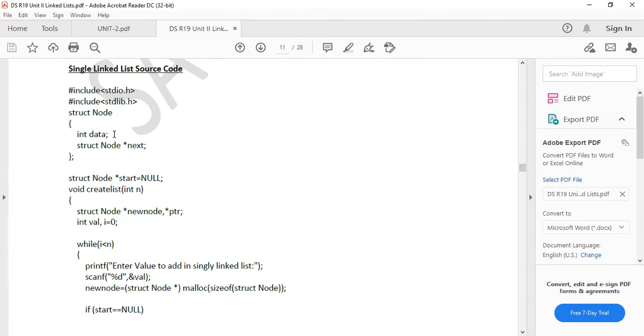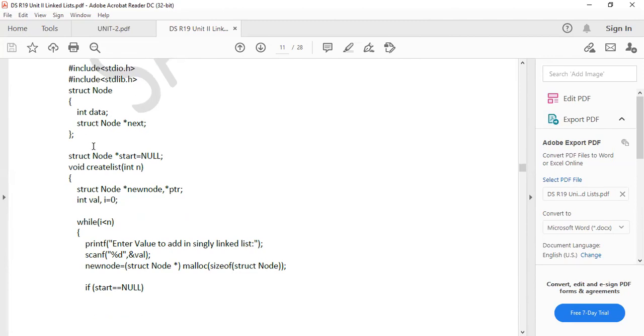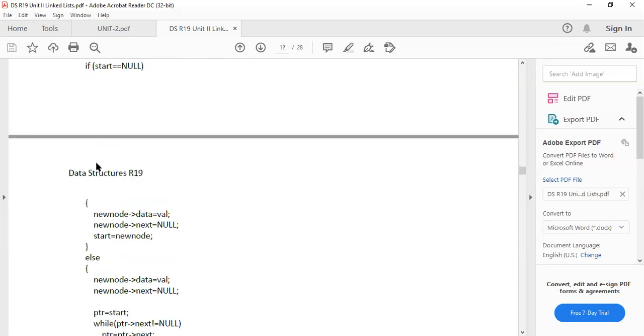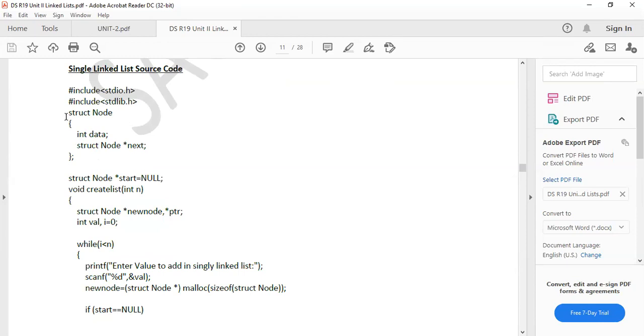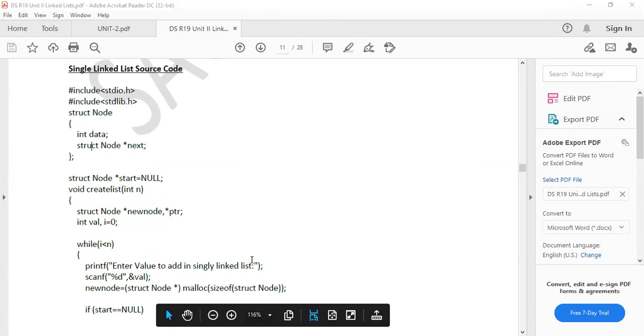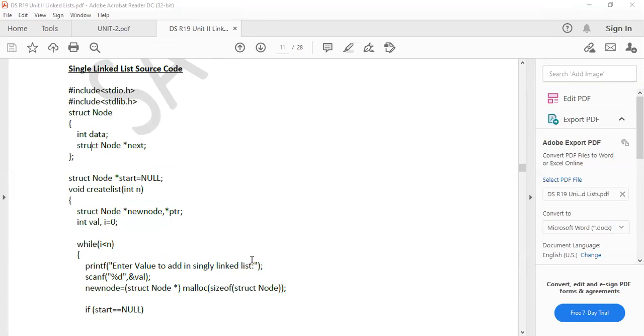Do you know what a global variable is? If you declare something globally, that means you can use that code in the entire program, anywhere in the program, without any restrictions.